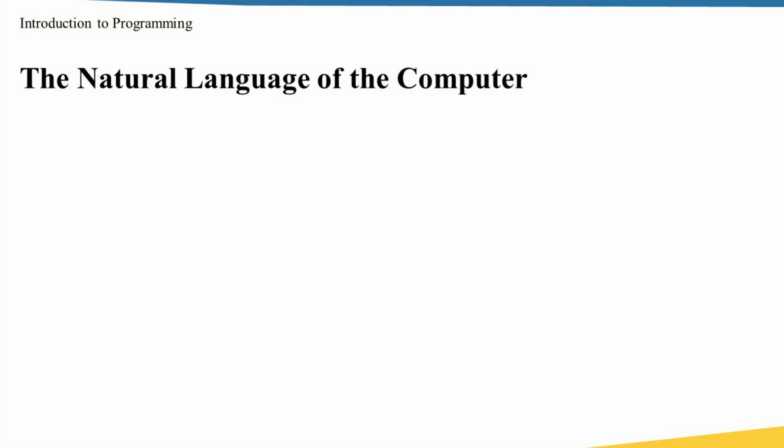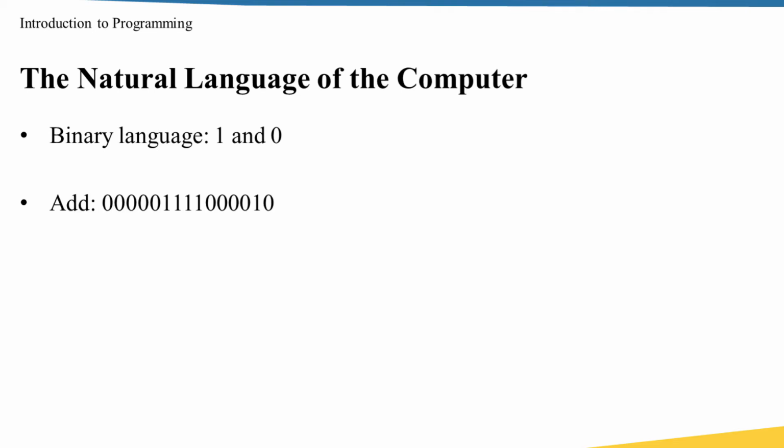Now let's move forward and talk about the language that the computer can understand. In fact, a computer can understand only the binary language. In other words, a computer can understand only 1 and 0. So for example, if I want to add one number to another, I have to send an add instruction. And this instruction should be encoded in binary language. So for example, the add instruction will be